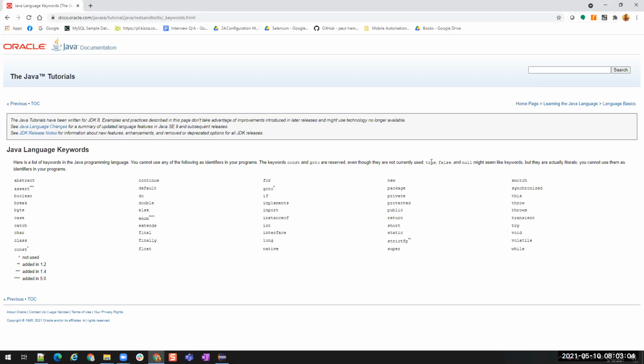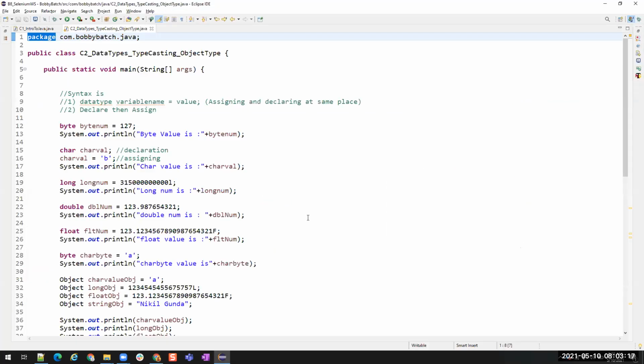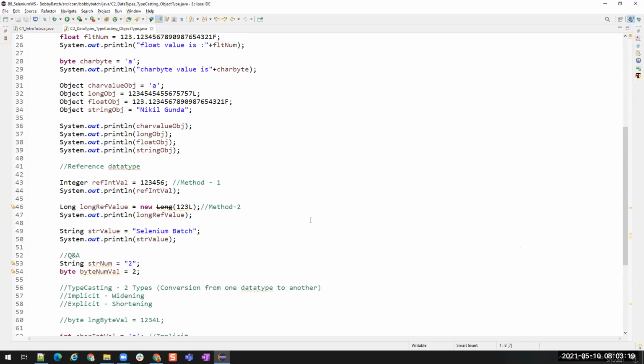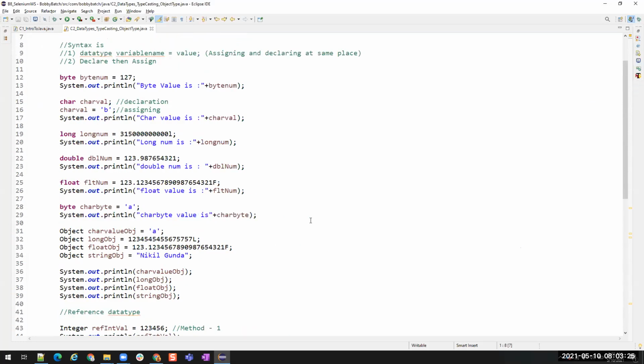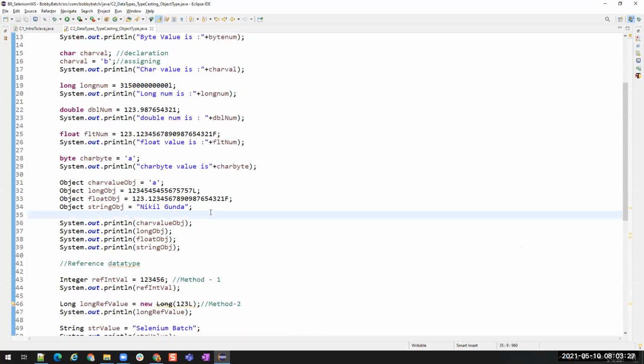You see, Boolean true, false, and null also will be shown as keywords, but they are not. They are actually literals. These are exceptions. True, false, and null will be shown in the same color. If you observe, there is a boolean value.